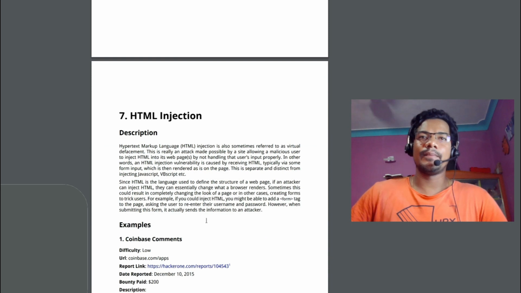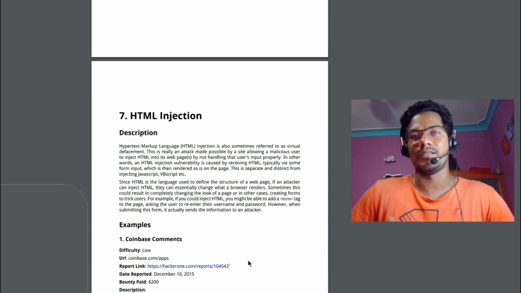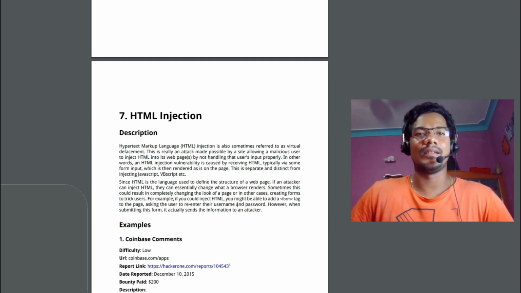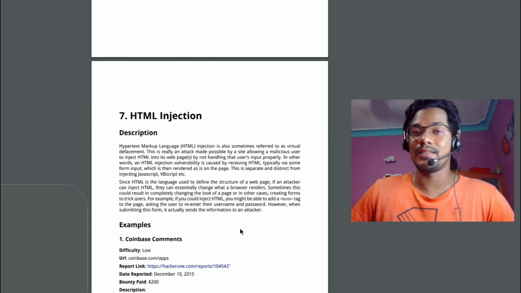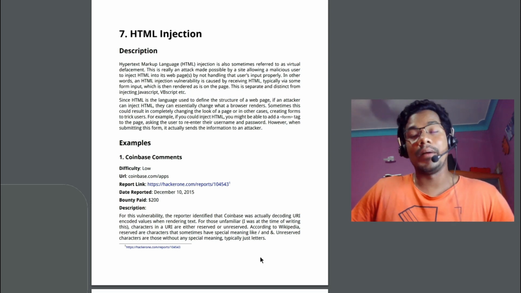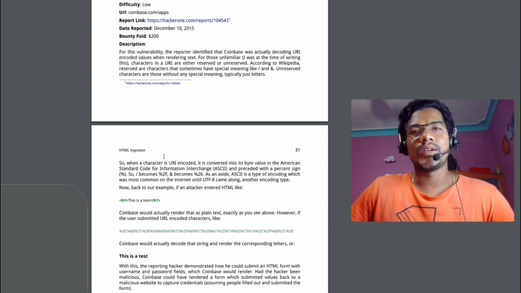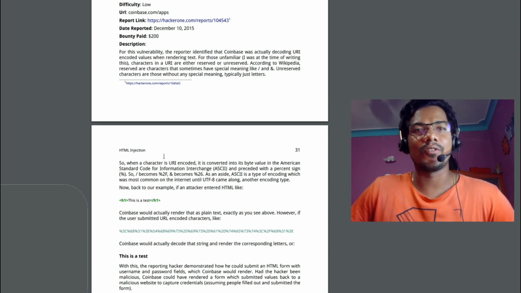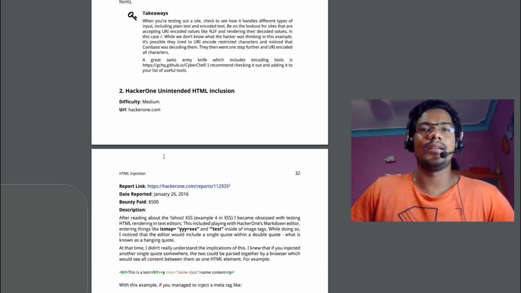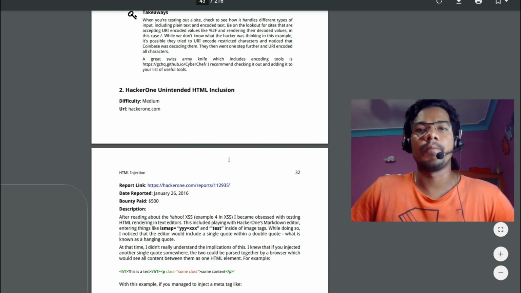Moving further, HTML injection. HTML injection is where you inject some HTML, things like marquee, or even normal code or a paragraph. If somebody can embed an HTML element into a particular response by providing user input, obviously it will be called HTML injection. So again, he has provided a URL-encoded value for this test and is sending it via some URL parameter, and yeah, you can see that particular value is coming up over here, right? This is the particular payload.